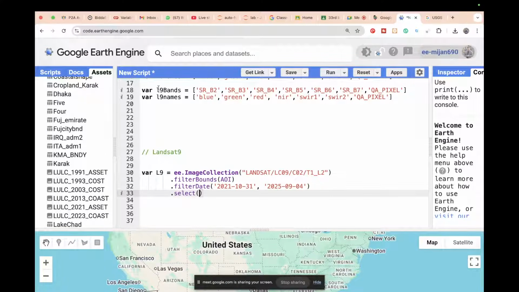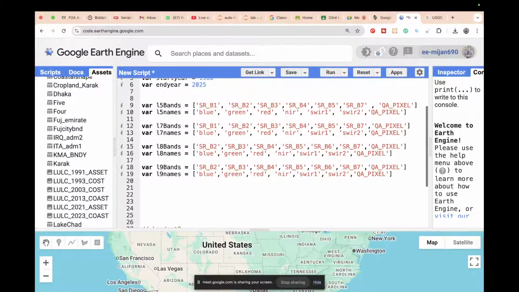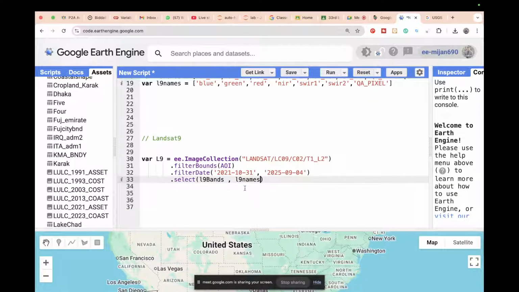And then we put the select function. Select the Landsat bands, and also select the Landsat band names, because all the names are similar for different satellites. Okay, so now take another, suppose filter metadata you can also use. Suppose I put the cloud cover less than,